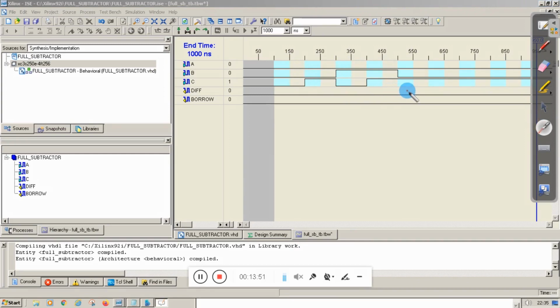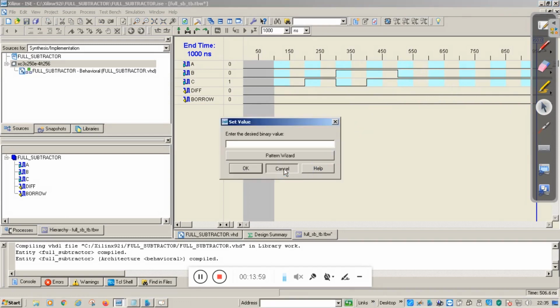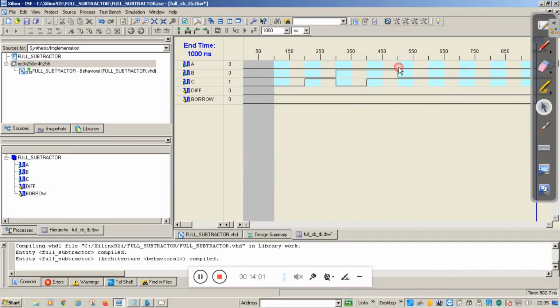The next option is 1, 0, 0. The next one is 1, 0, 1. At this point you have to click 1, 0, 1.